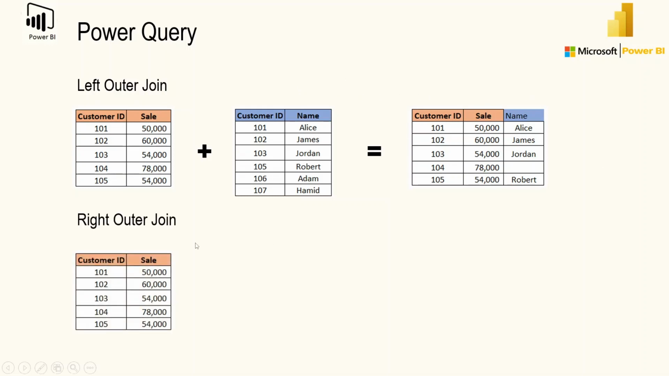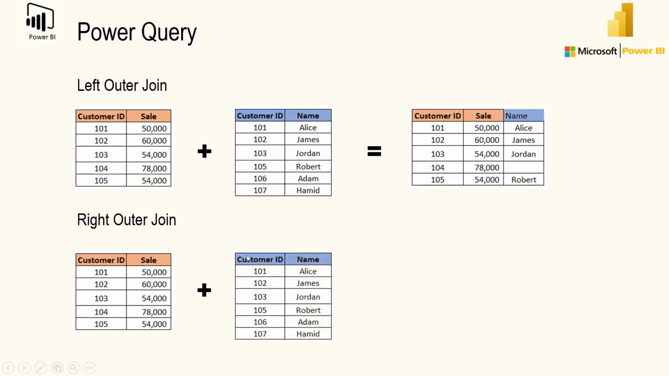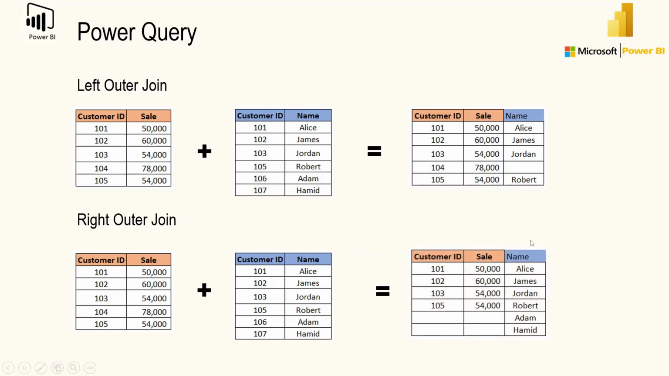Similarly, in right outer join, there is a left table having customer ID and sale, and in the right table there is customer ID and name. So in right outer join, it will pick all the names from this table and plot them against my customer ID and sales table. So what it did, it picked all the names Alice, James, Jordan, Robert, Adam, Hamid, and plotted the sale coming